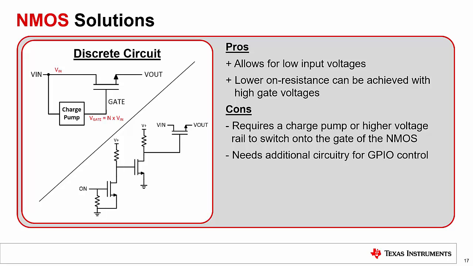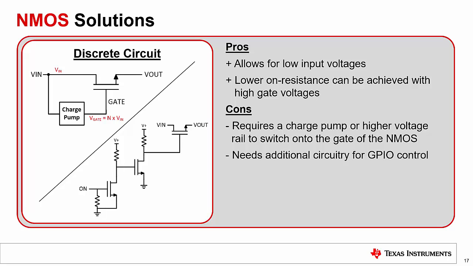Now that we have investigated the PMOS solutions, the NMOS solutions will be discussed. From an AC perspective, the same rules apply. A capacitance needs to be added to slow the charge of the gate so that the output voltage can be controlled. Without it, the output voltage will not be controlled and there will be a large inrush current generated.